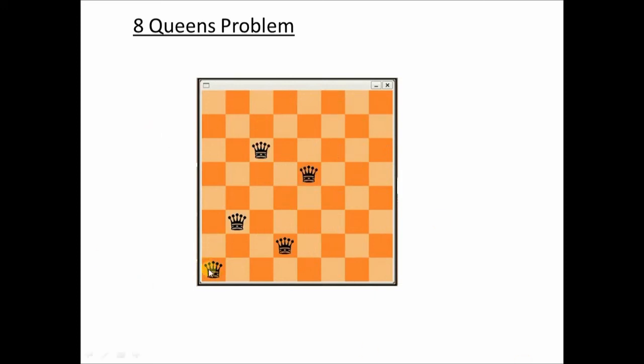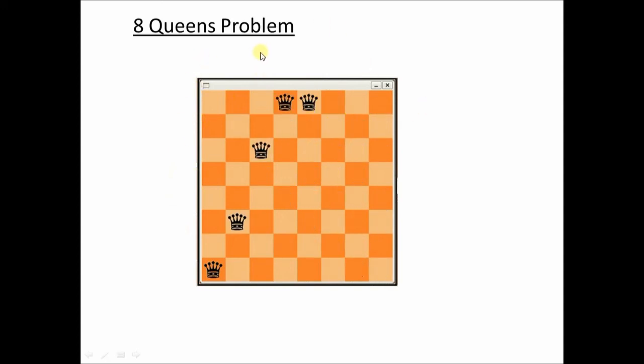Initially, you place 1 queen, then you try to place the second queen, making sure that they are not attacking each other. Then you place the third queen, making sure that the third queen is also not attacking the others. If the queen is attacking, then you change the position of that queen. If it is still not possible, you may have to backtrack and change the position of the previous queen, and go on doing this until all 8 queens are positioned on this 8x8 chessboard such that no queen is attacking another queen.